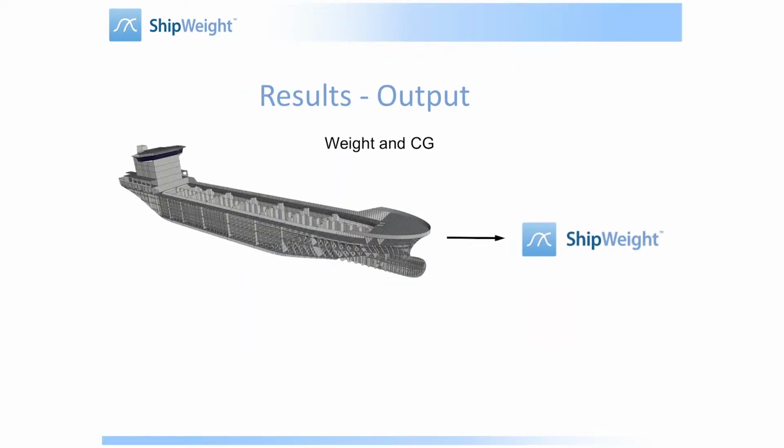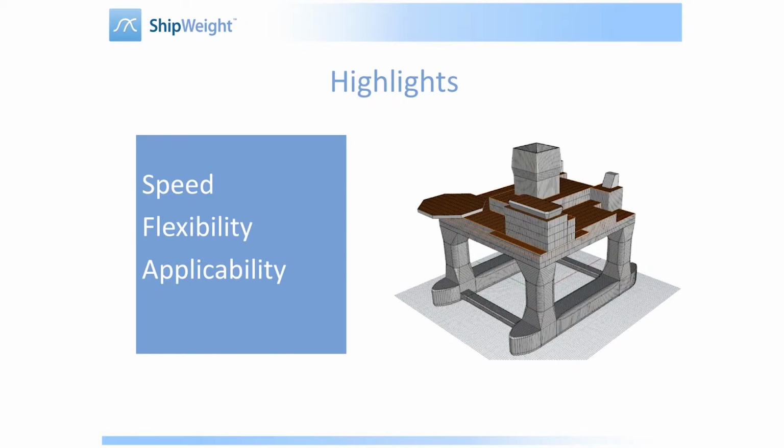And the result, the output, is weight and center of gravity, going into ShipWeight. And you can get the small bill of materials list with weight and center of gravity, and you can also divide the list into sections and export them into ShipWeight. But this is the purpose of the tool right now. So: speed, flexibility, and applicability. It's all parametric, really quick, but